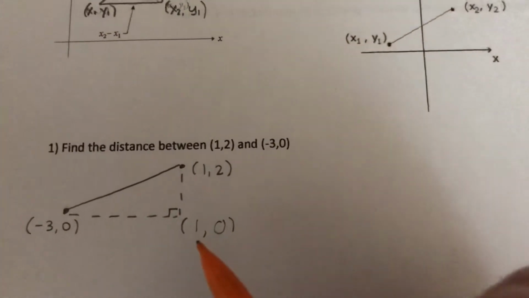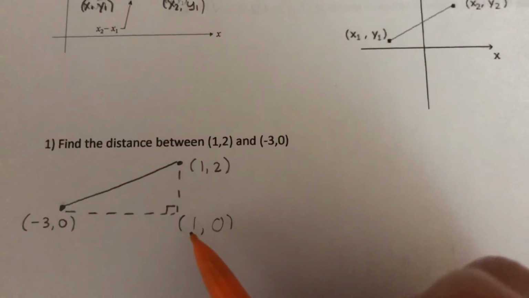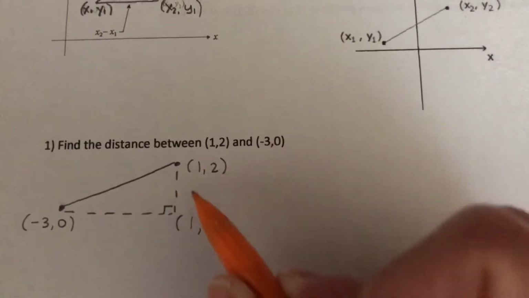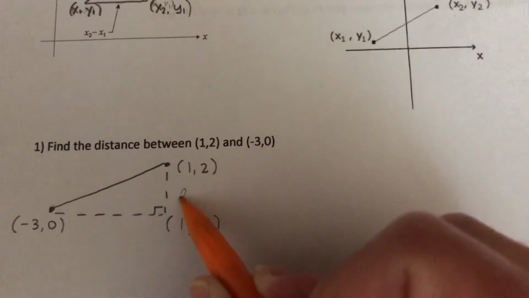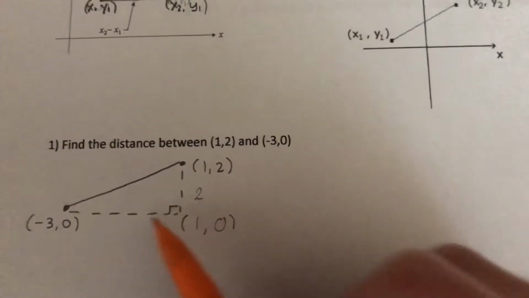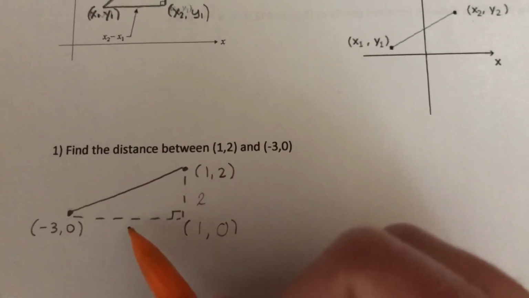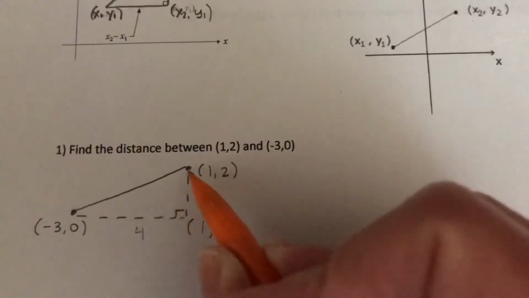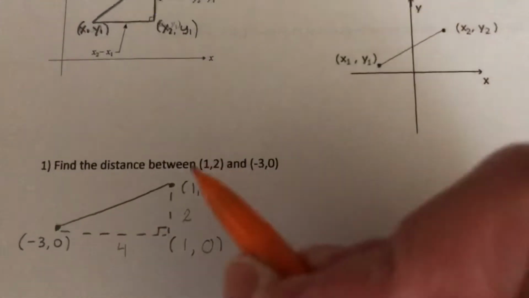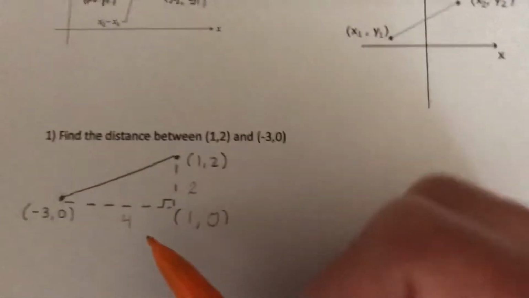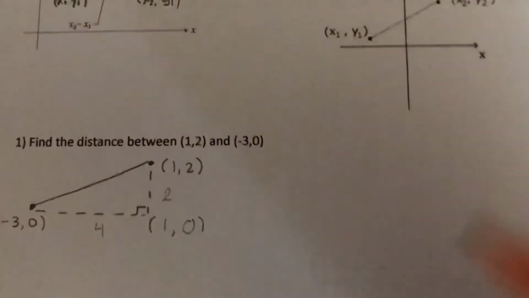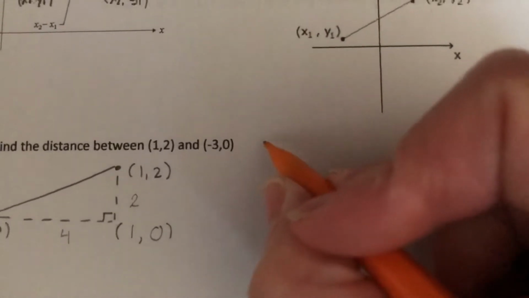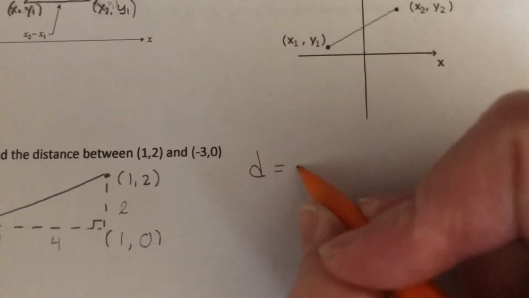So if I were doing the Pythagorean theorem, I would need how long this leg is, which is 2. I'm just going to write that in there. And how long is this other leg? Negative 3 to 1 would be 4. And then I could find the hypotenuse. Just pay attention to this 2 and 4 here, because it will come into play as we use our distance formula. Okay, so distance is equal to the square root of